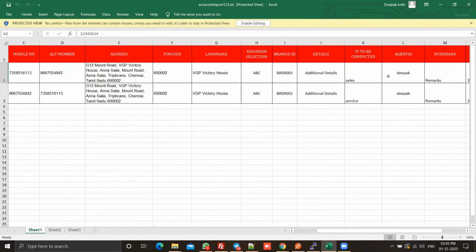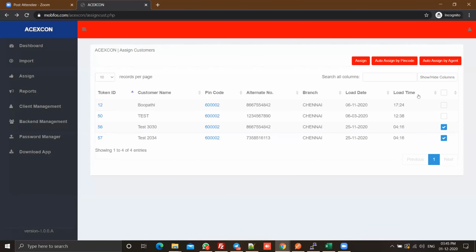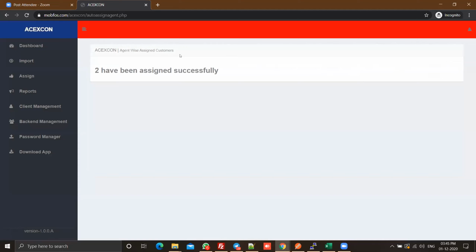So if that is the scenario, the name of the agent should be imported here. So these two are the names of the agents. Once you have done that, you can go for auto assign by agent. The two agents, Deepak and Deepak, have been assigned to this particular agent ID.